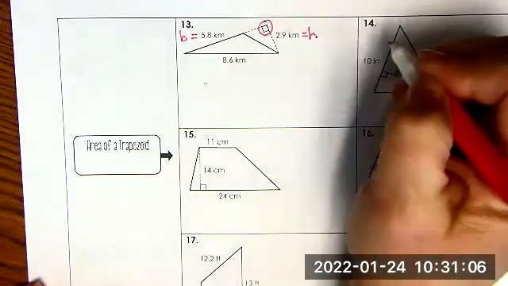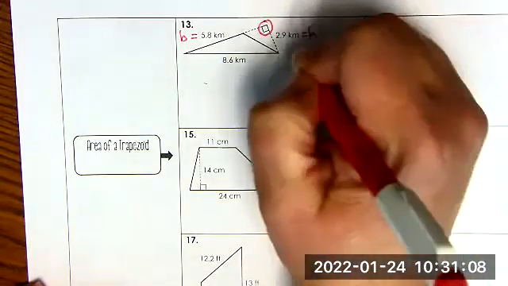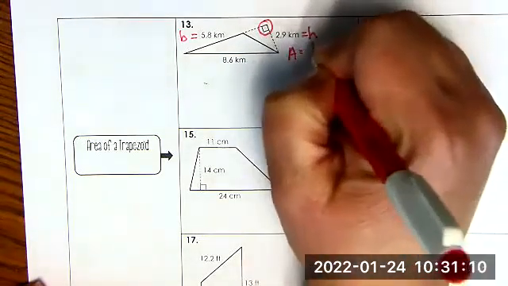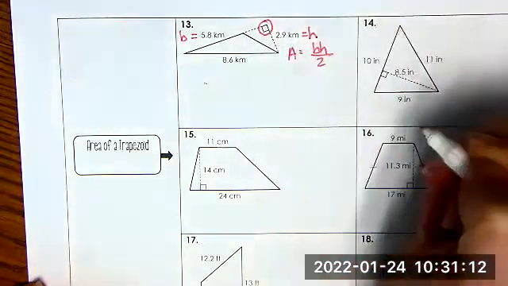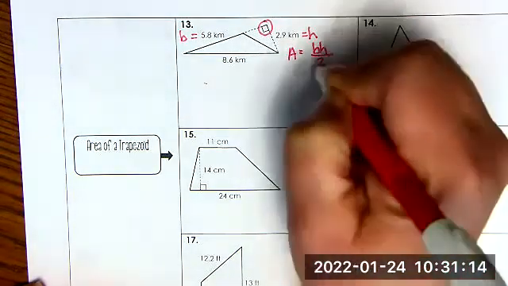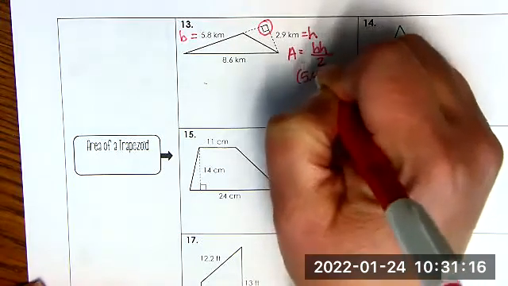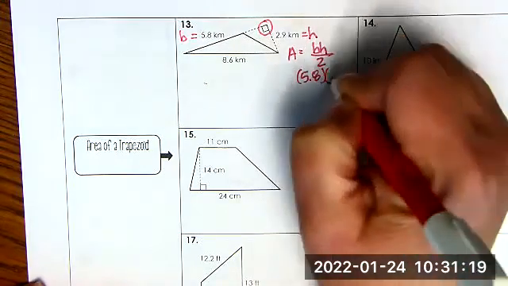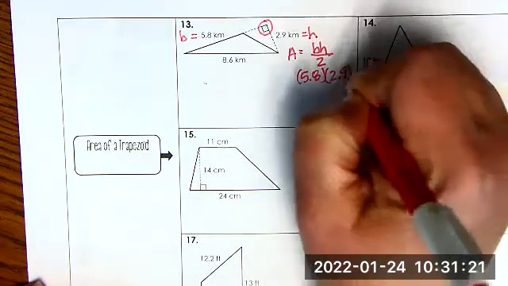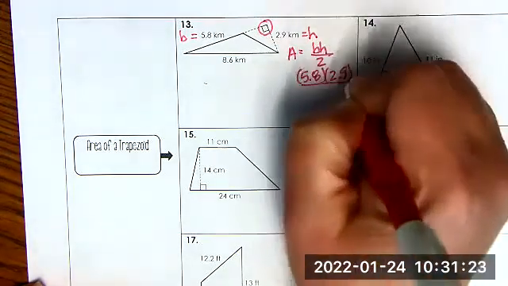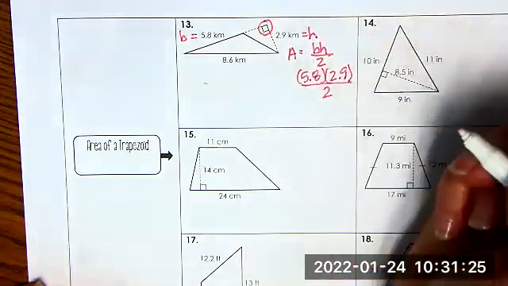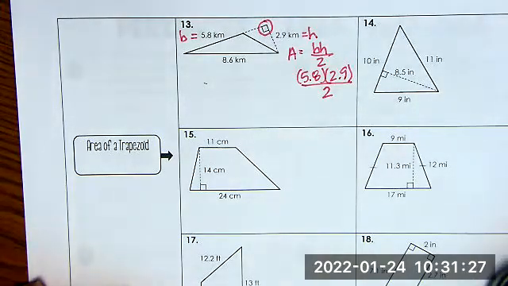Okay, so first things first, we write our formula, which is A equals base times height divided by 2. Second, we plug in our information. So we have 5.8 times 2.9, all divided by 2. Now I'm going to do the multiplication on the top first, times